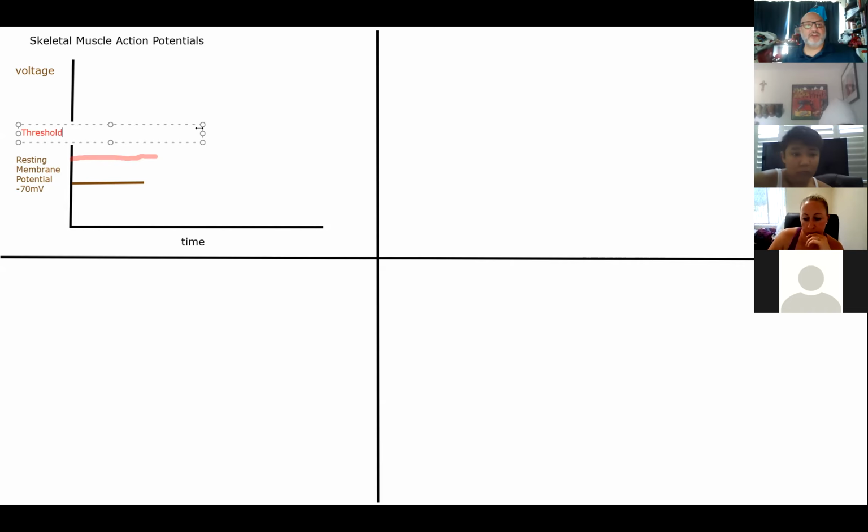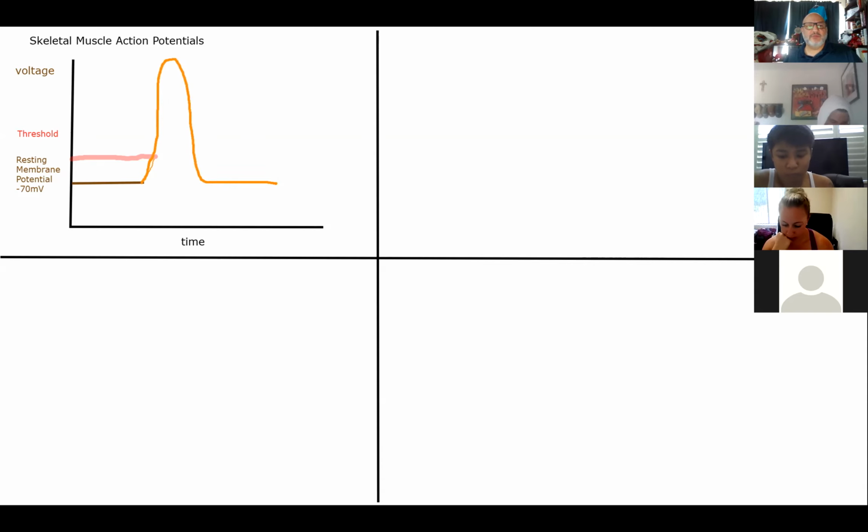And when we get that cell to reach threshold, it is going to fire its action potential. So again, we'll use orange. We depolarize it to threshold. Let's make that a little bigger. Depolarize it to threshold, and then we get that rapid depolarization, followed immediately by a rapid repolarization back to its resting membrane potential. All right, we generate that massive action potential, the action potential,